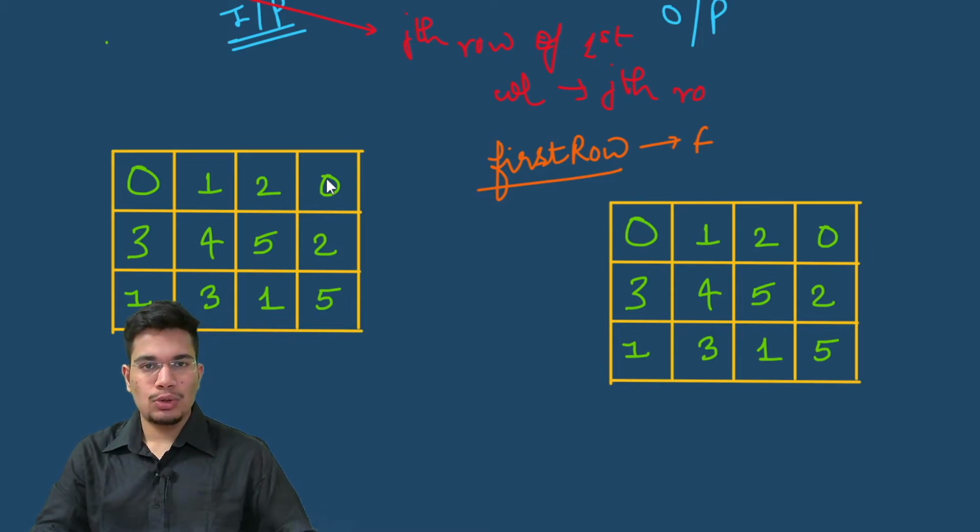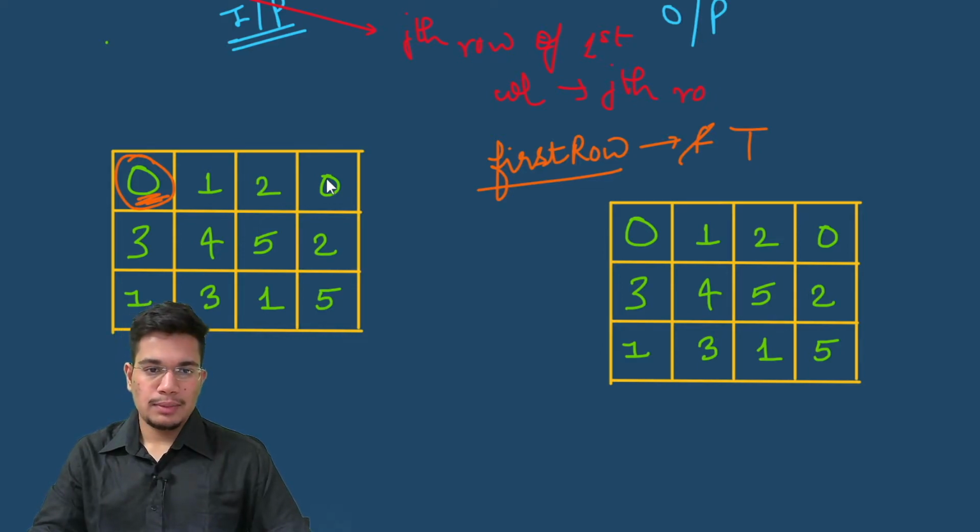Whenever we find 0, we need to store some information. For example, for this cell we first find 0, and we see that this cell is in the first row. Since this is in the first row, we'll make this value true, which means we will have to change elements for the first row to 0. This is how we store this information. And also since this cell is in the first column as well, we'll change this value to 0 as well, but it's already 0, so we don't have to make any changes.